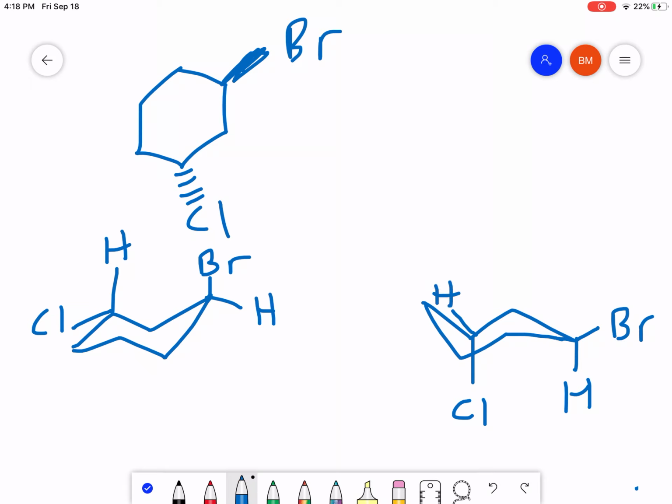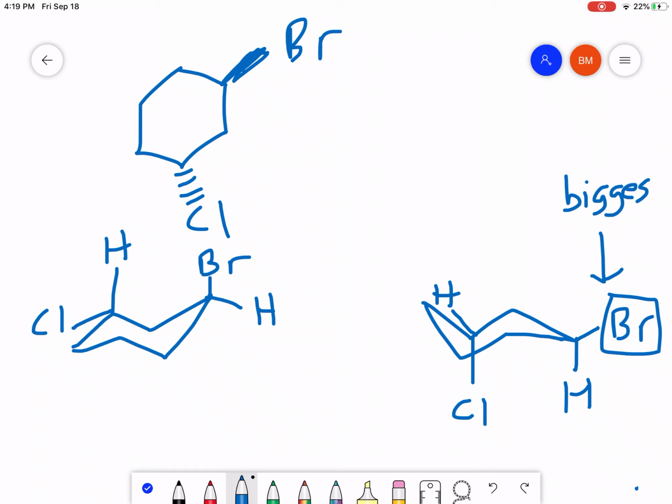Now this one's a little bit different because now we have to decide again which one of these two is going to be favored. All right. Now it was easy last time because we were using groups of atoms. CH3 obviously is going to be bigger than H's, right? But now you're looking at two individual atoms, Br and Cl, right? Well, don't forget, even if they're individual atoms, you can still have size differences, right? Use the periodic table and figure out which one of these is a bigger atom. If you remember your periodic trends, you get bigger as you go down a column. So the Br is the biggest group